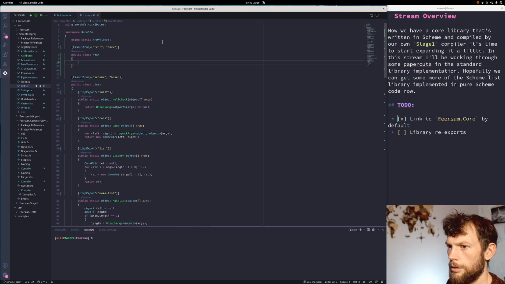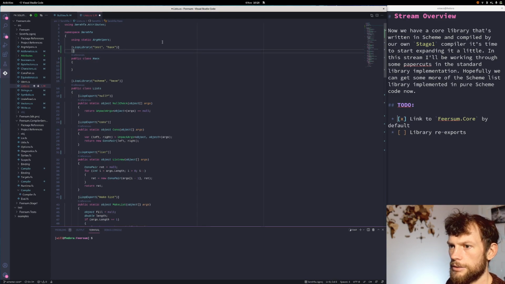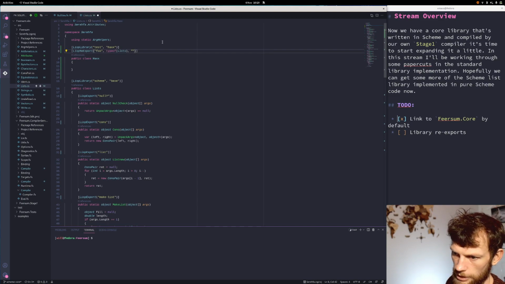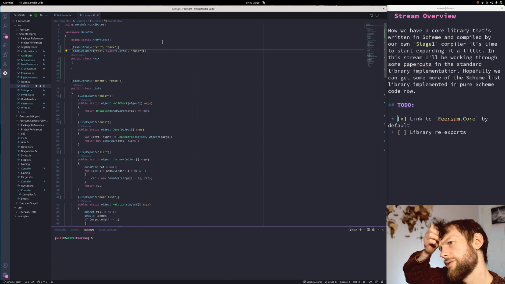And then that's all we need for that. We can do Lisp re-export. We're going to say foo, and we're going to re-export from type of Lisp, and we're going to re-export null because